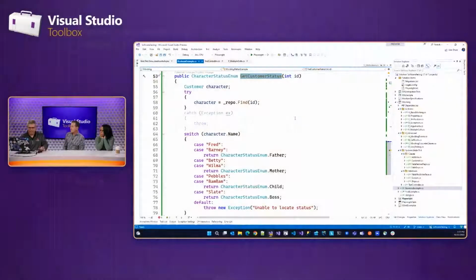So what we have here is a really bad business example where I've got a method called get customer status, right? It should be character status. If it's Fred or Barney, it's going to return father. If it's Betty and Wilma, return mother. If it's Pebbles and Bam Bam, returns child. And if it's Slate, it returns boss. And anything else, which is impossible because...